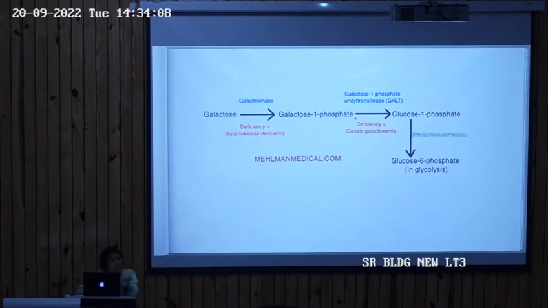If you want, you can write this as well in the answer book, because if it is coming for some marks, then at least you have something to write. So it is galactose, which is getting converted to galactose 1-phosphate, and galactose 1-phosphate goes to glucose 6-phosphate, and it is here the enzyme is coming, galactose 1-phosphate uridyl transferase. Okay,